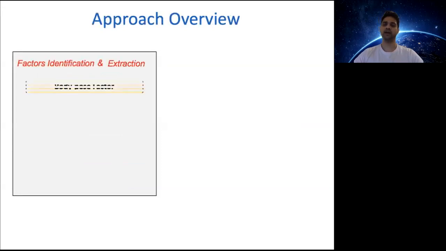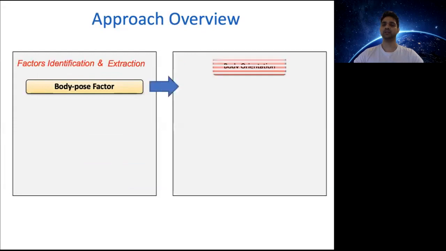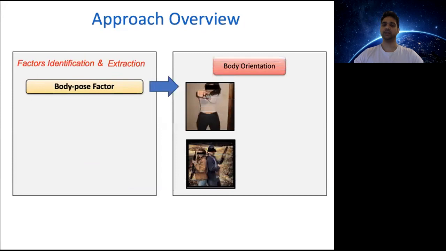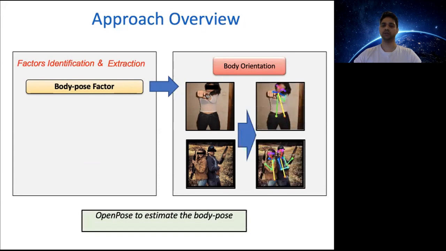We have cataloged 5 factors of cyberbullying in images. First, we consider the body pose of the person in the image. We observed that images depicting persons who pose at the viewer had strong correlation with cyberbullying images. In contrast, these images with the person posing at the viewer were observed to have a much lower correlation with non-cyberbullying images. We used OpenPose to estimate the body pose of a person in the image. OpenPose detects 18 regions of a person and outputs the detected regions and their corresponding detection confidence. We use the confidence scores of the regions as the factor values.